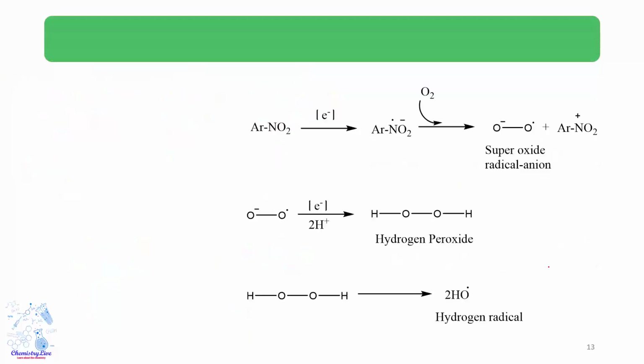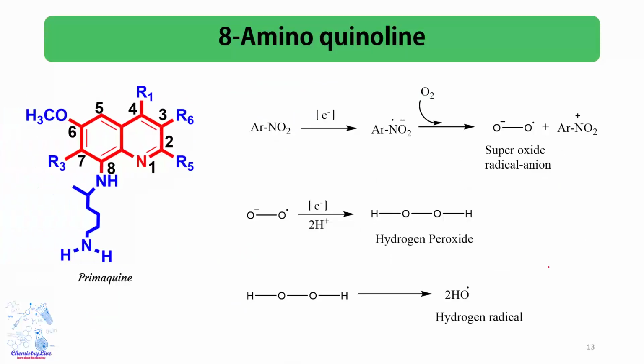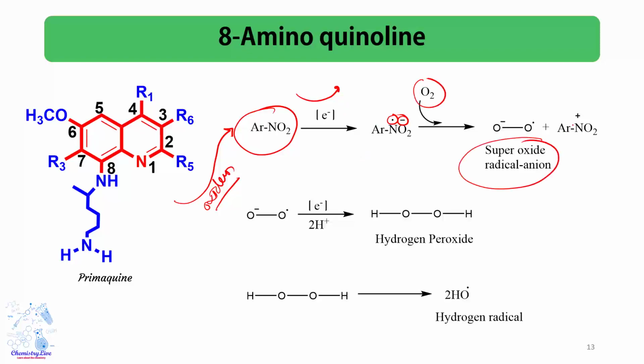So see here what happened. There is 8-aminoquinoline, and that is our primaquine drug. So the primaquine drug here gets ArNO2 after the enzyme oxidation. After the enzyme oxidation, if we get an electron with some process, the free radical and negative charge are generated. When it contacts the oxygen available in the body, it forms a superoxide and removes that positive ion or cation over there. Superoxide is more toxic for the cell.